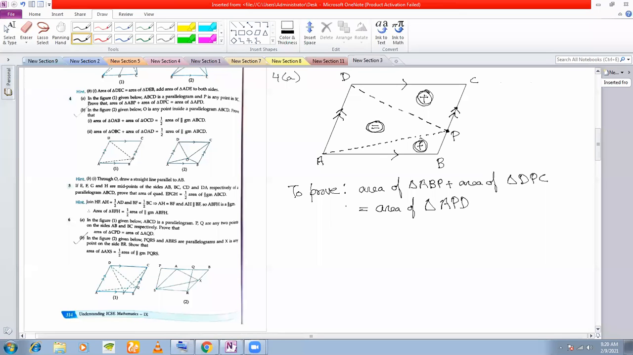We start by saying that the dotted triangle here, ADP, lies on this base AD of the parallelogram, and is also between the two parallel lines. What parallel lines? This parallel line and this parallel line. Okay, so you know that the area of a triangle is half that of a parallelogram lying on the same base and between the same parallel lines. So what we can say is that